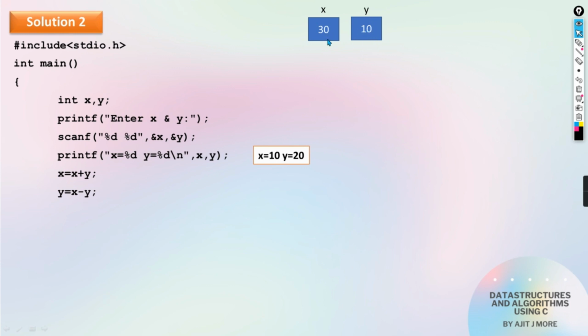And next what we'll do is we'll subtract x and y, that is 30 minus 10, 20, but store the result in x only. So x equal to x minus y. Getting? So which is 20. Agreed? And after doing this, print value of x and y. Right? So what is the content of x and y now? 20 and 10. Right? Return 0 and your main is over. I hope you have understood this second solution as well. Isn't it guys? By making use of arithmetic operator plus and minus.